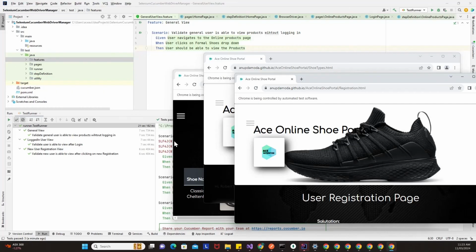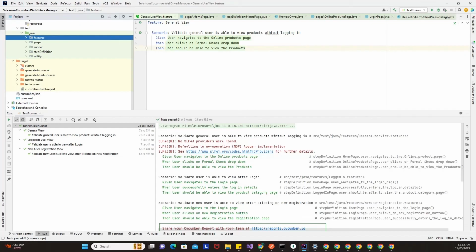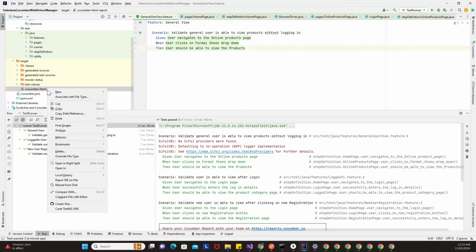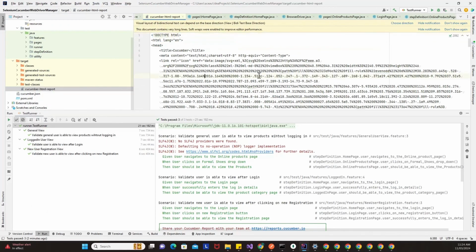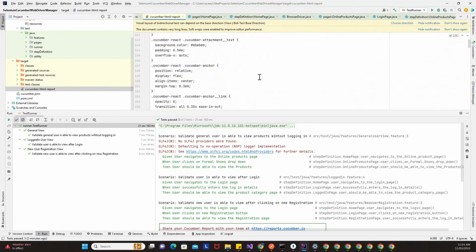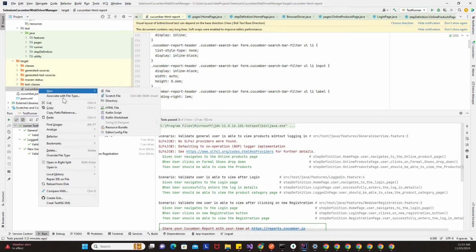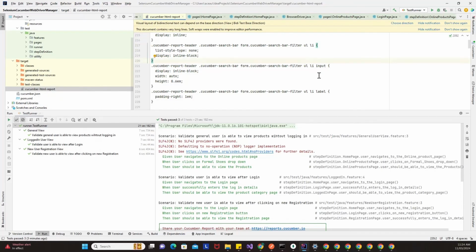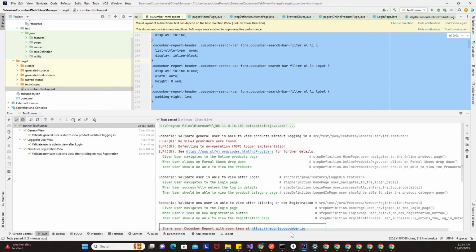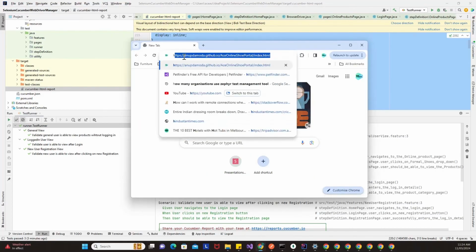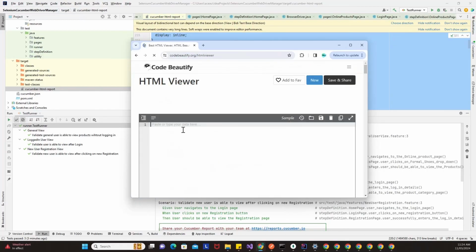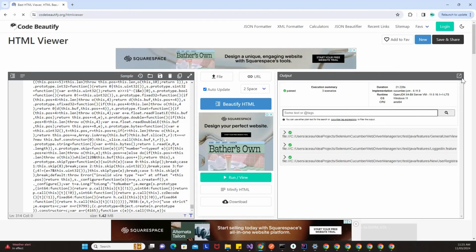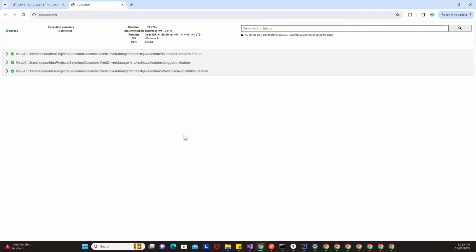All right, so we have done this regarding reporting. Okay, so if you click on the target files, you can see by default there is a Cucumber HTML report which gets generated. Now what I will do is I'll right click and then open in, and you can see that there is a HTML report which gets generated. Okay, so now you can right click and go to open in, and you should be able to find Google Chrome. Now what I can do is just to show, I'll just Control C and then I'll go to HTML viewer and then paste this particular HTML viewer,